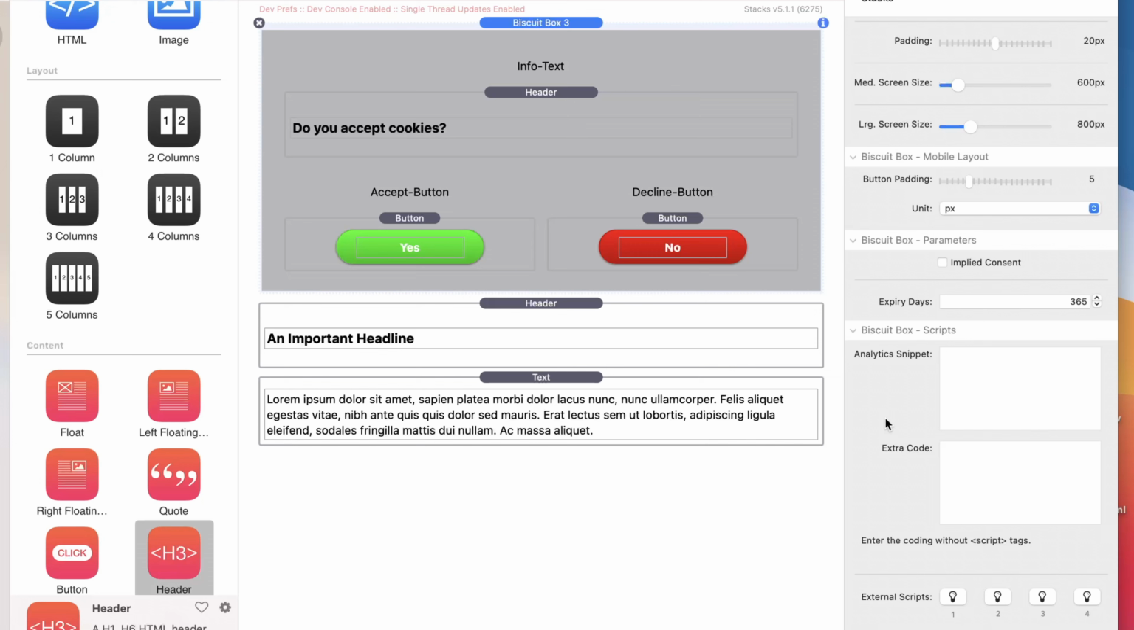Implied consent is a little bit a political one. In general, Biscuit Box assumes that the visitor wants to decide first if cookies or scripts or whatever is loaded onto the page. If implied consent is turned on, this whole logic is turned around. Meaning that first everything is loaded onto the page, and then if the visitor changes their mind, saying basically no, I don't accept, then the page is reloaded without this content like cookies and scripts and so on and so